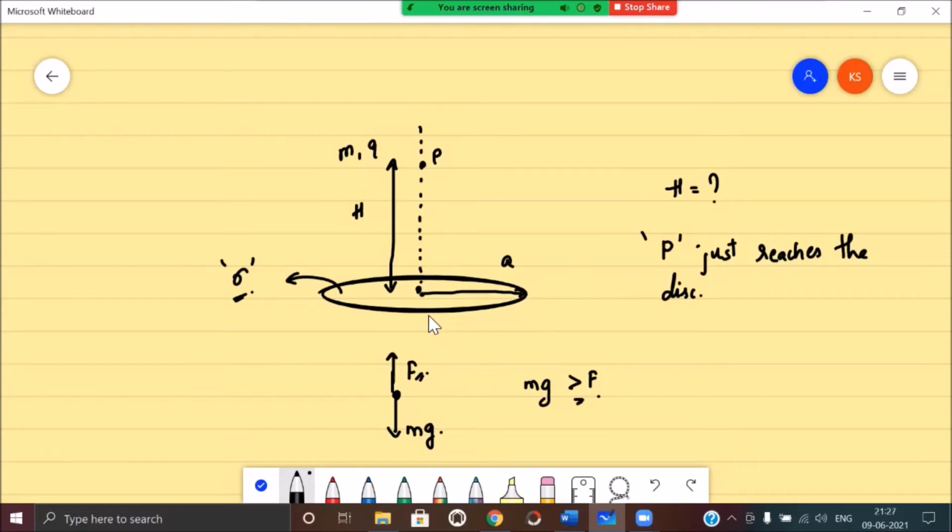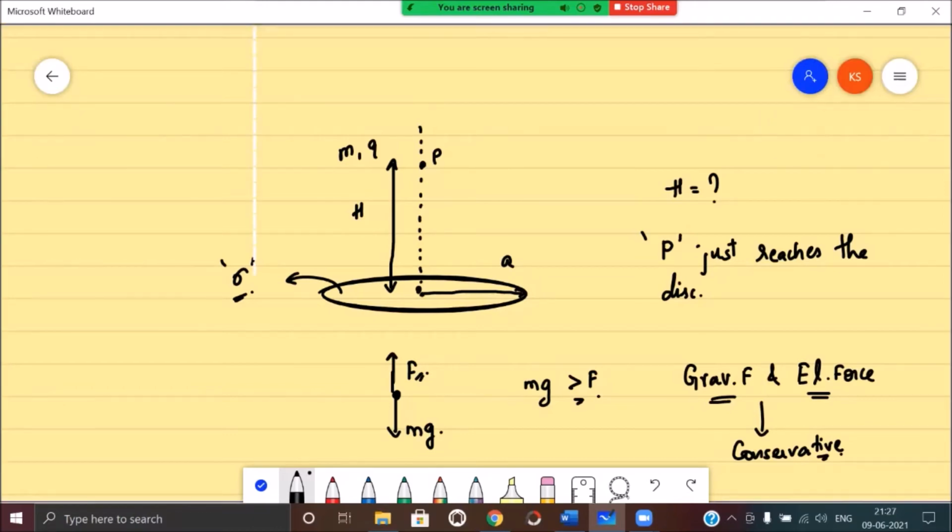So this question can be analyzed in terms of force, but this question will be much easier to solve if we use conservation of mechanical energy. And why can conservation of mechanical energy be used over here? The two forces acting on this particle are gravitational force and your electrostatic force. And both gravitational force and electrostatic force are conservative in nature. So that implies, since these are the only two forces acting on this particle, we can conserve mechanical energy.